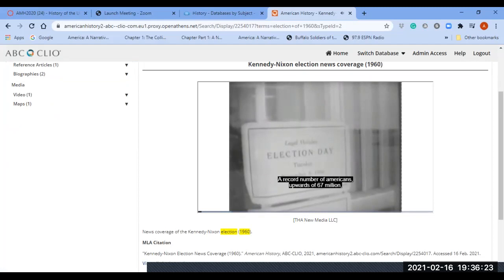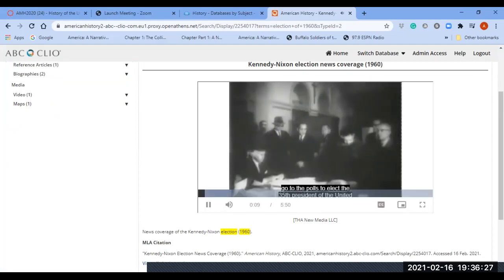A record number of Americans, upwards of 67 million, go to the polls to elect the 35th President of the